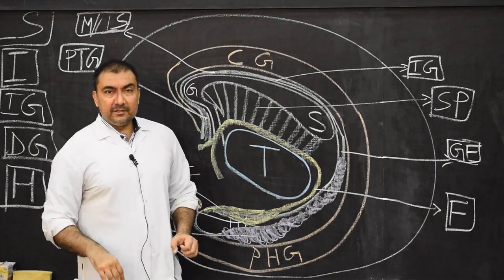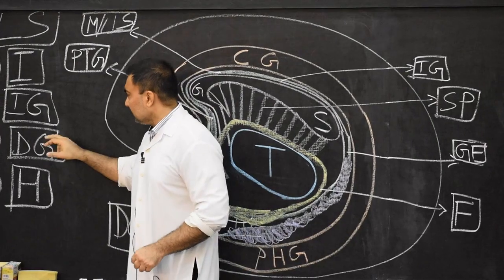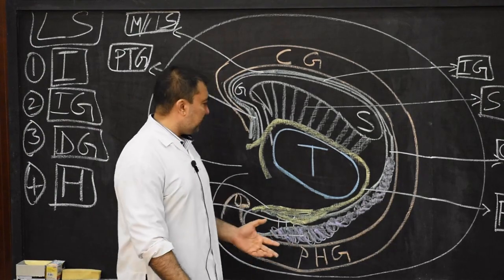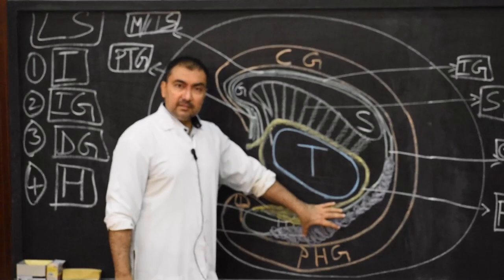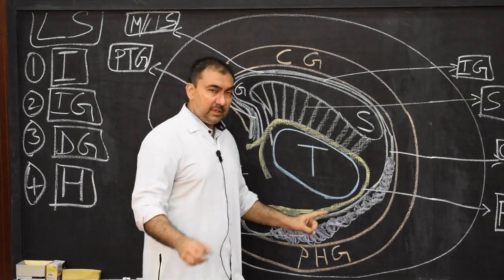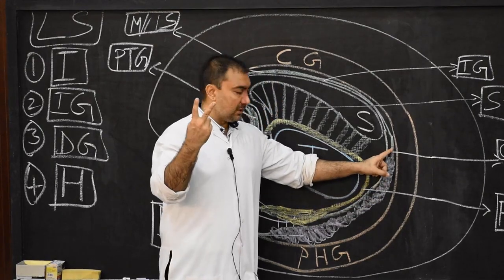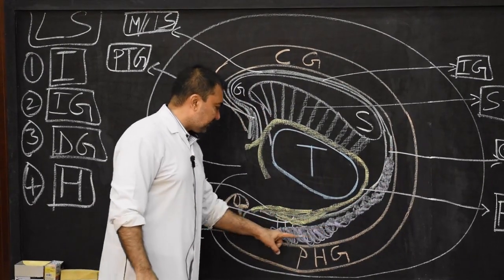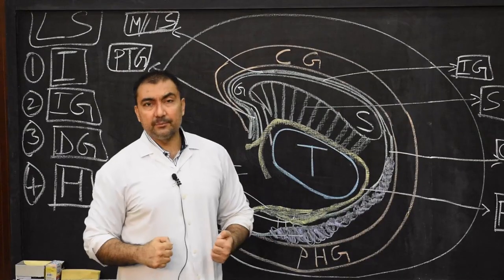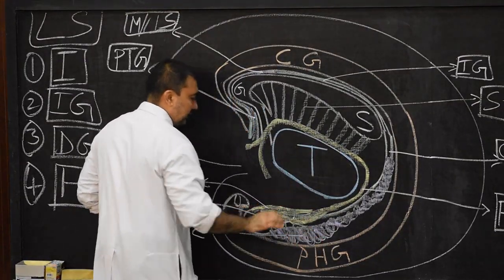Here we finish the indusium griseum. Now we come to the third point, dentate gyrus, the main component of the hippocampal formation. This dentate gyrus will continue, number 1, posteriorly with the gyrus fasciolaris. Number 2, it will be present, exact location, just on the parahippocampal gyrus. So it will travel on the surface of the parahippocampal gyrus.